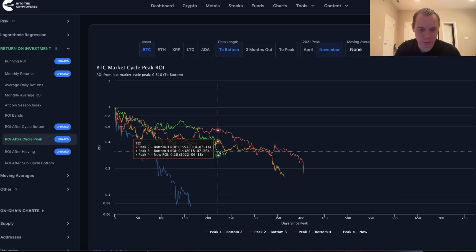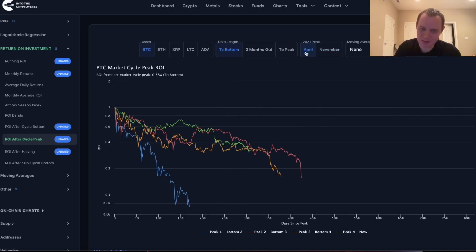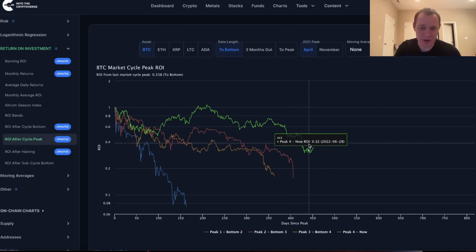I think it's really worth following it from November to see if this continues to play out. Even in 2018, at this point, we had a relief rally that took us up for a bit. As measured from April, you can see we're well past this time frame.